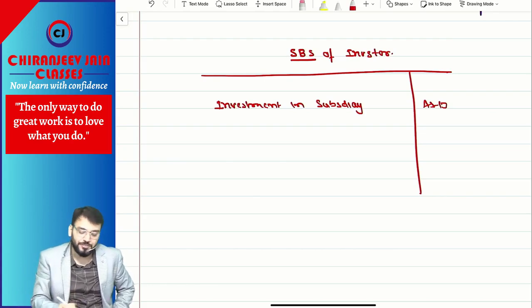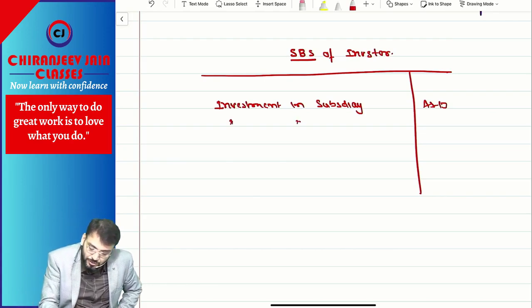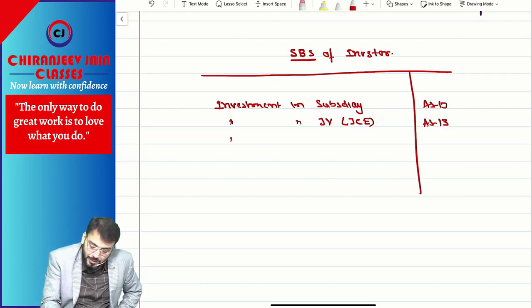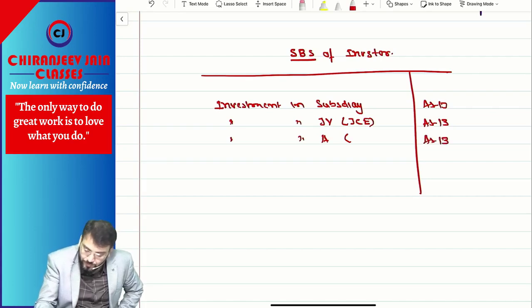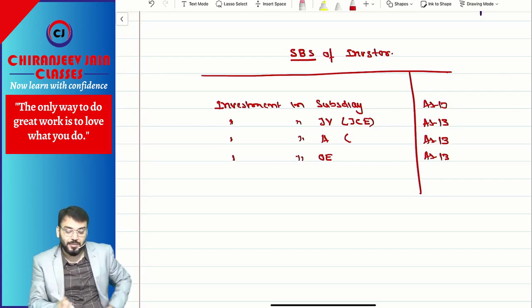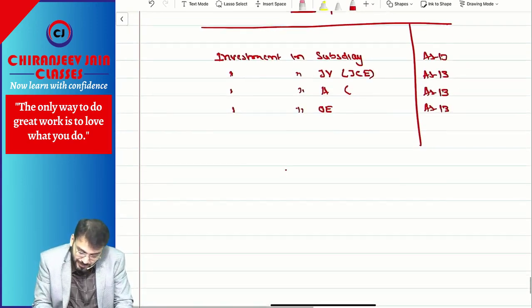It's a separate balance sheet. But the investment in joint venture, meaning a jointly controlled entity, will be as per what? AS 13 only. Investment in associate, coming soon, is also AS 13 only. And investment in other entity, AS 13 only. Have you understood this? All are AS 13. But in the CBS